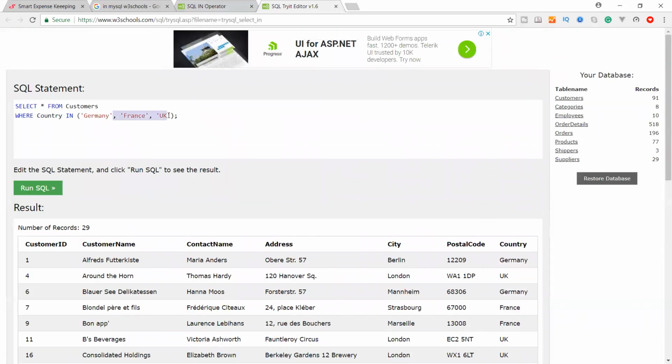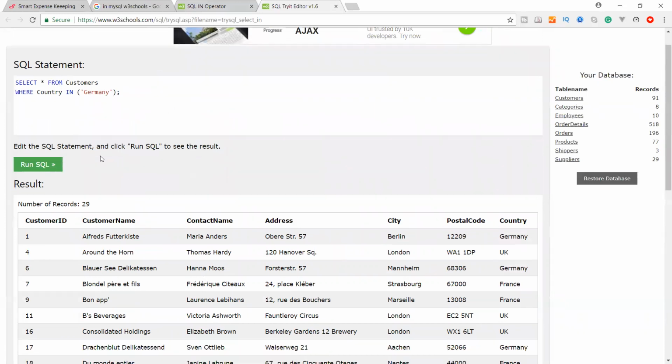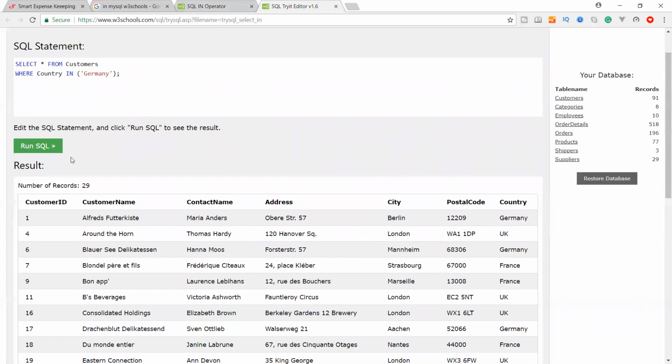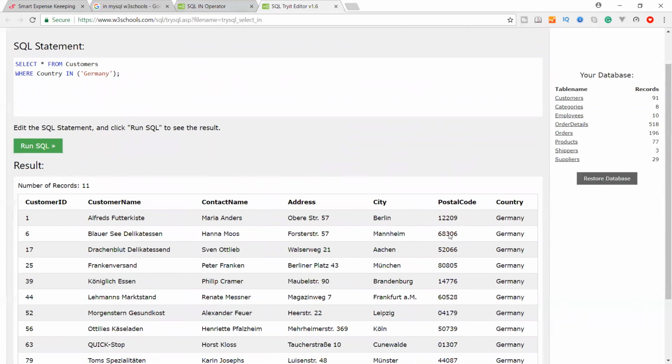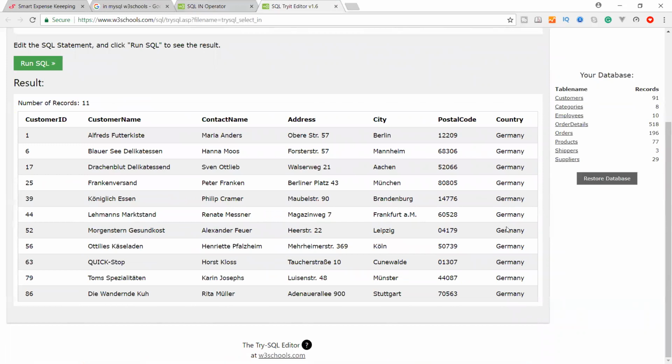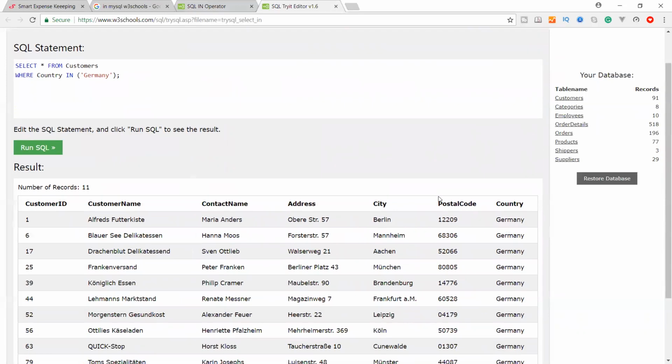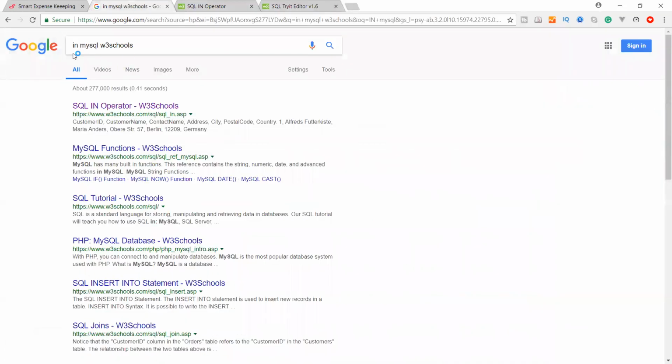Okay, let's change our query so that only customers in Germany are shown. Run this, so all the customers that are in Germany will be found by this query. Then this is the explanation that you can go and check on W3Schools, or search for IN operator in MySQL on Google, you will find it.